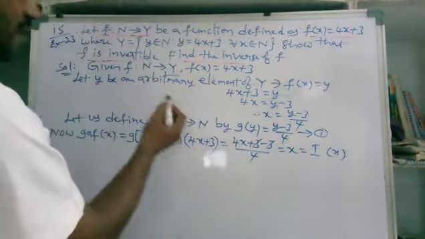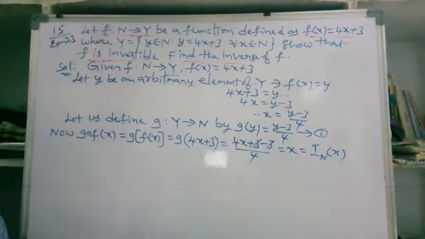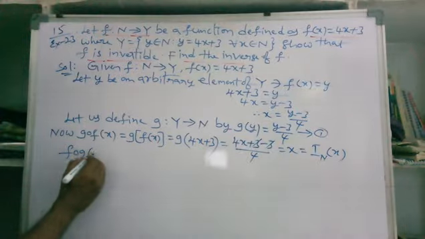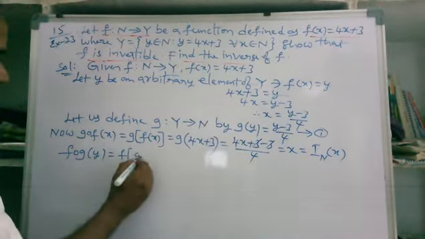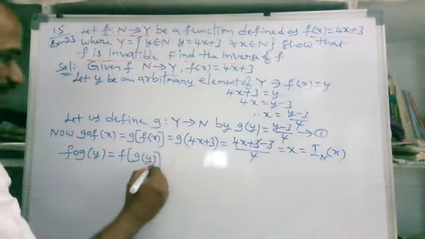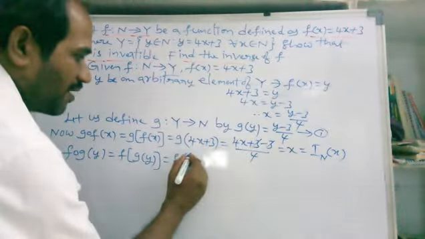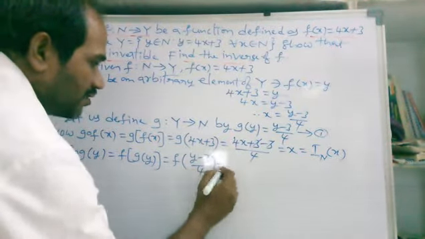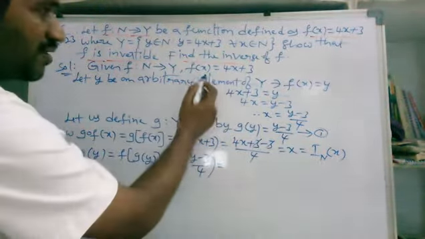In the suffix, write the domain, which is N. So next, f circle g of y is equal to f of g of y. Here g of y is y minus 3 by 4. So that is f of y minus 3 by 4. From the f of x form, 4x plus 3,